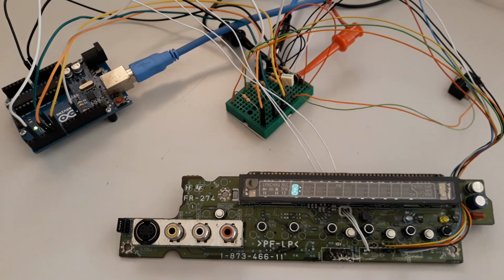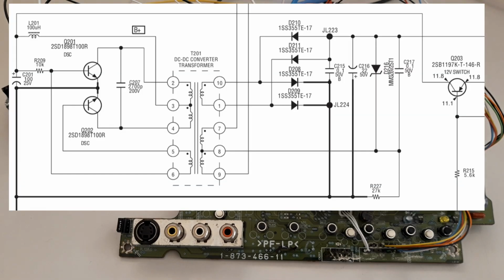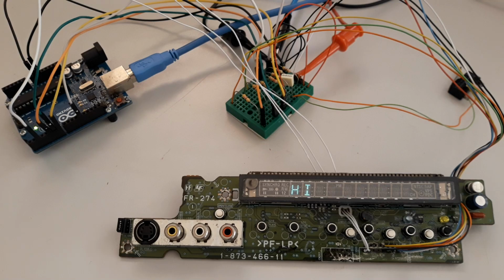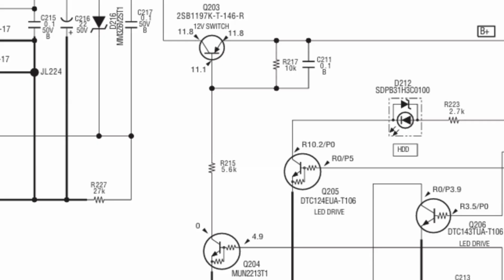The panel has a DC-DC converter to provide the filament voltage and the negative VEE required by the driver. The DC-DC converter is powered by a plus 12 volts DC source marked in the diagram as plus B, and there is a small detail that requires some attention to activate the converter, which I will try to explain below. The DC-DC converter is powered by a transistor used as a switch, identified in the diagram as Q203, and